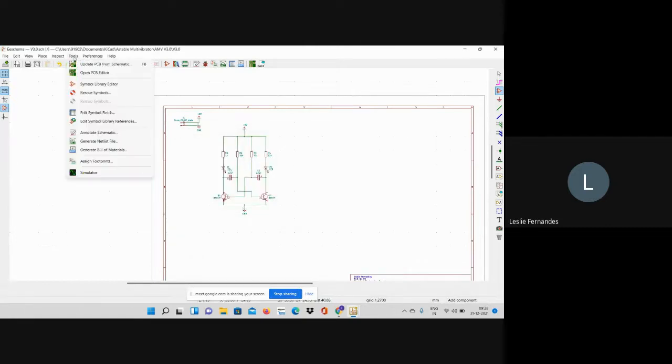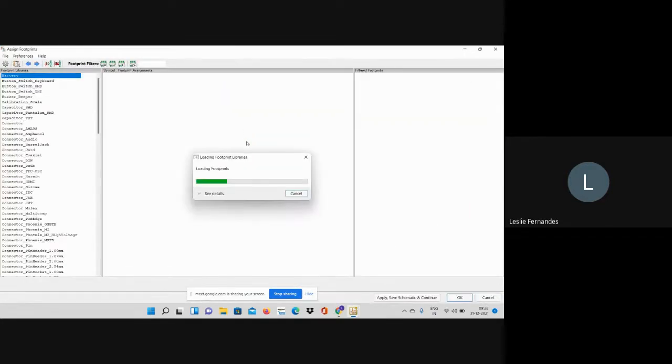And then later on, you have to assign footprints to all these resistors. So let's do that. Now we will assign footprints to it. I'll say assign footprints. Okay, and it's loading all the footprints that are available.